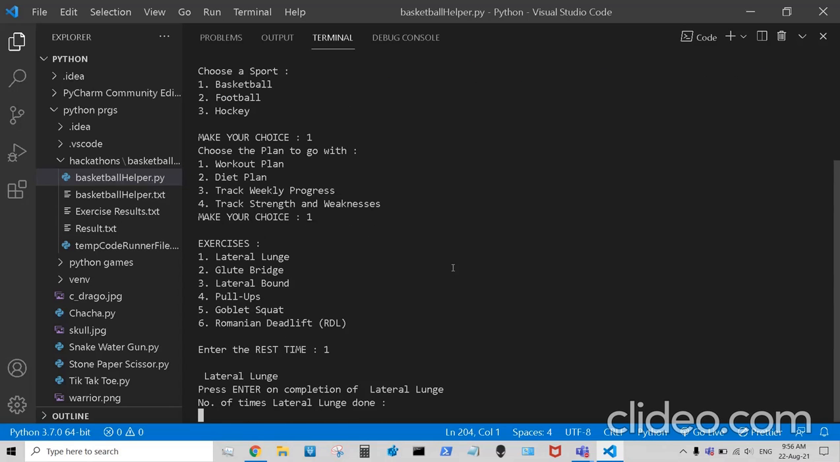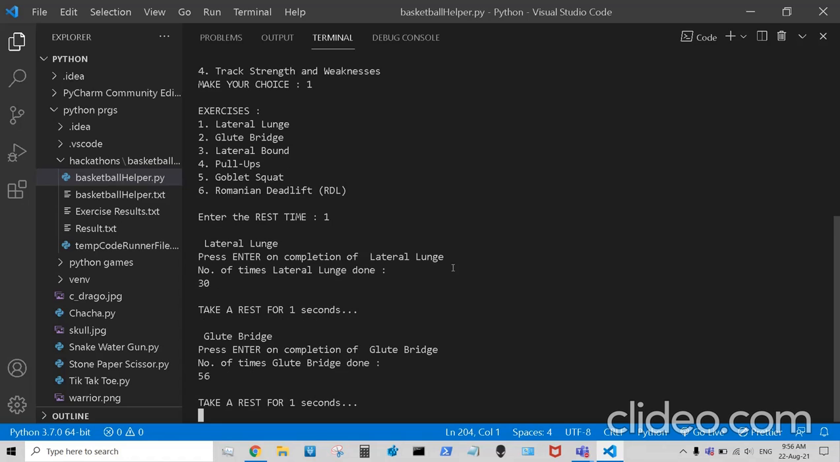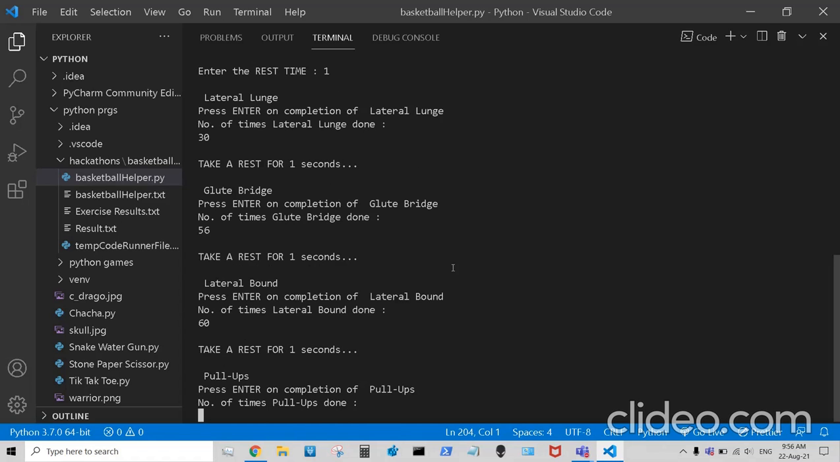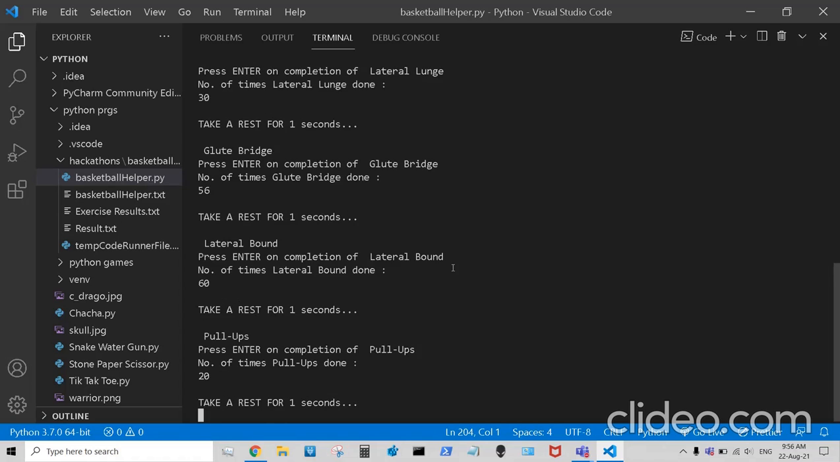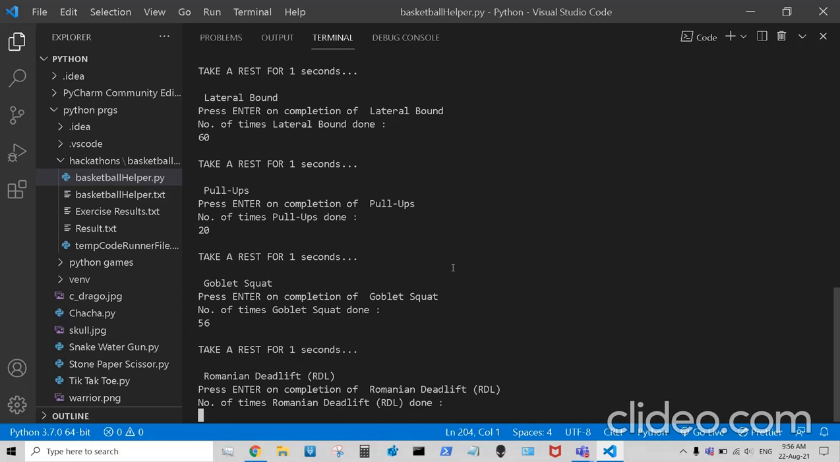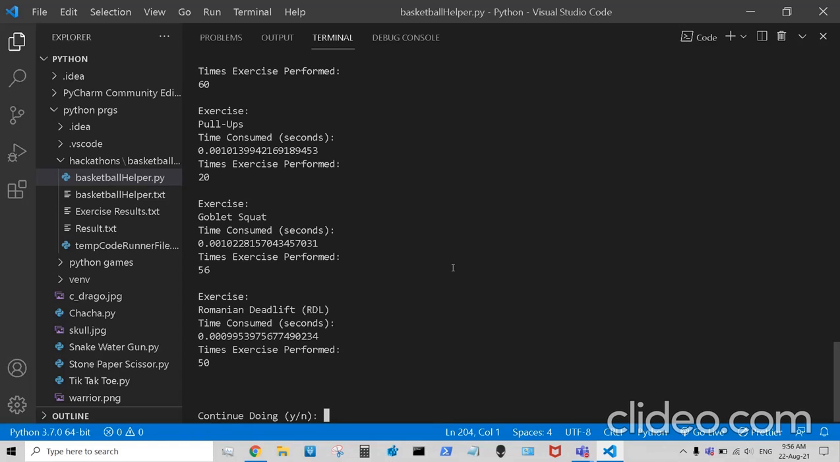The lateral lunge, say 30 of them. Then comes the glute bridge, say 56 of them. Then the lateral down, 60 of them. Pull-ups, say 20. And goblet squat, say 56. And RDL, say 50. Yeah, now these are the exercises listed over here, just that I just did with the